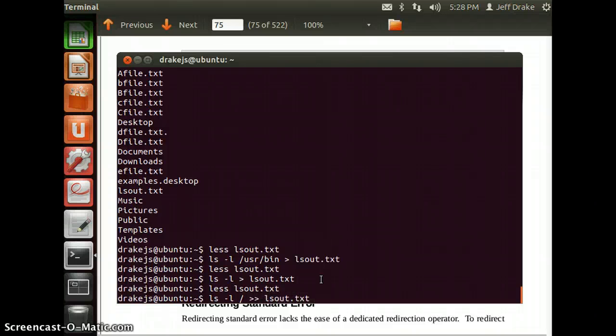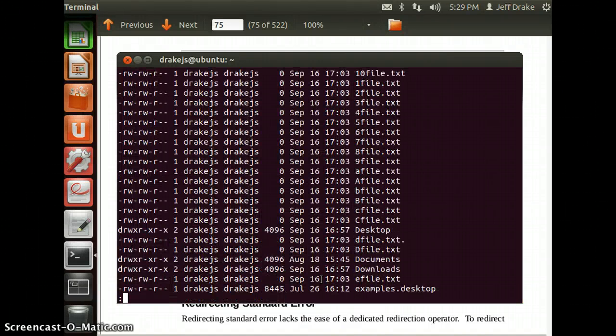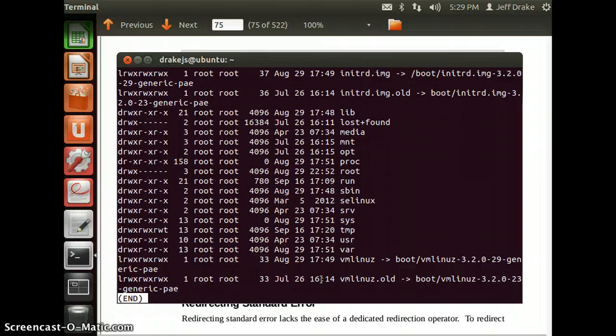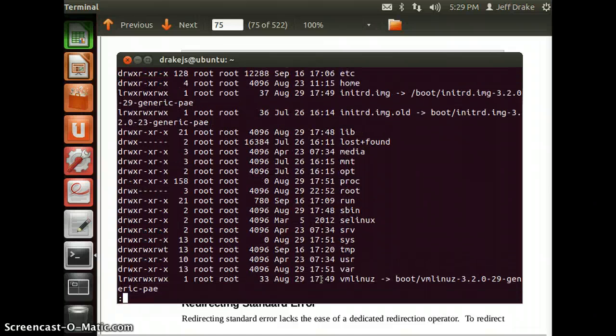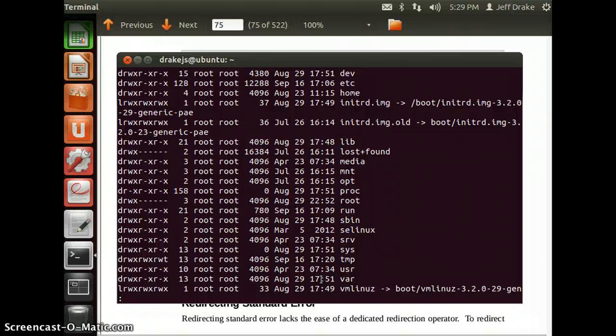I'm using two redirect symbols now, and what two redirect symbols does is append the data to the bottom of the file. So instead of erasing the contents of the file, it simply adds that output to the bottom of the file. So if I scroll down, here's my long listing of user bin, and now when I get down to this point, I begin to see the contents of the root directory here: var, user, temp, media,